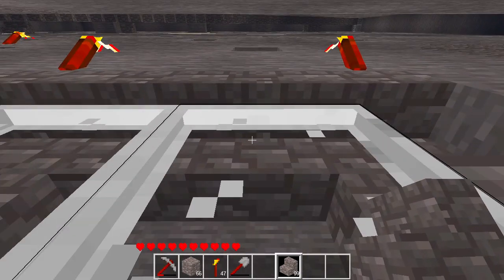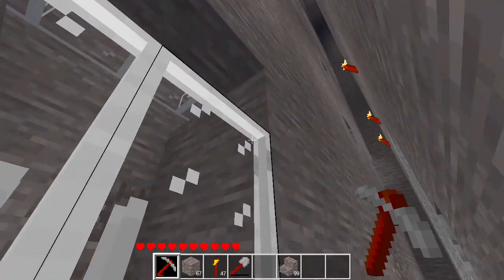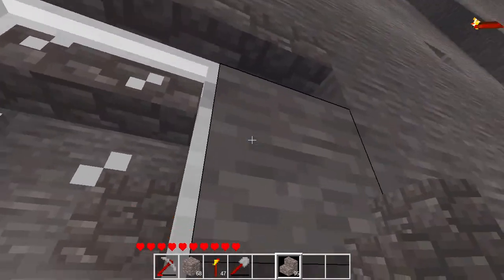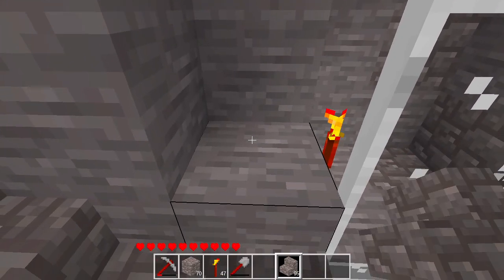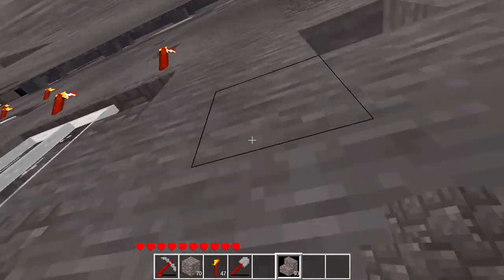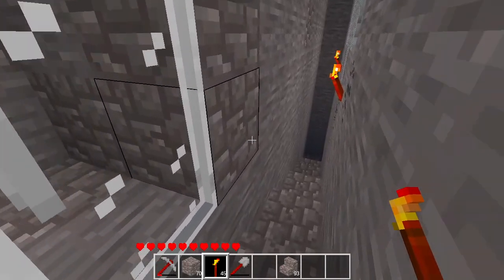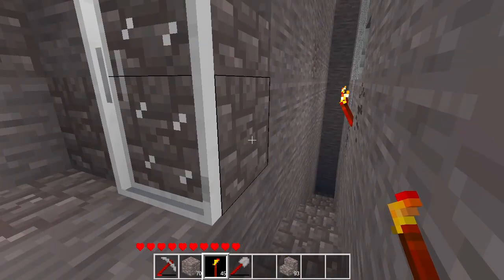Let me just go back a bit. Yep, just remembered how to do the entrance correctly. And we need 4 stairs up at the top and then 2 more to the sides of it, like so. So it connects in such a way, and then 2 torches. Just perfect. We've got the entrance done. Very nice. Opening the doors,